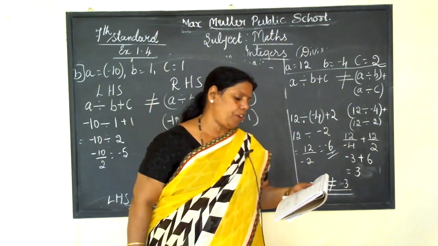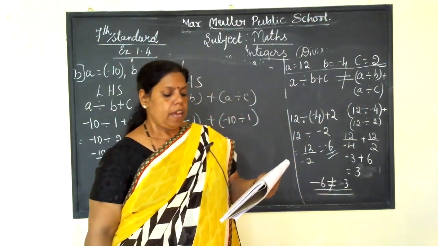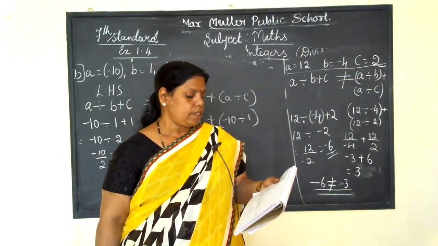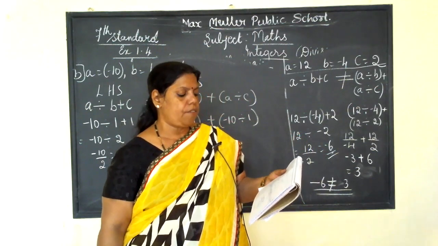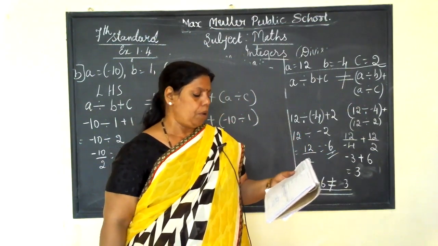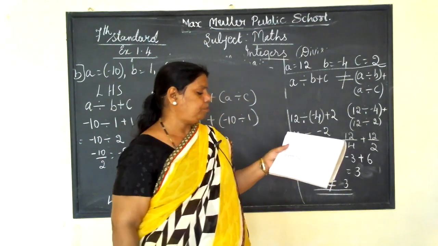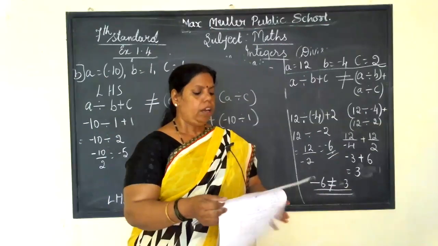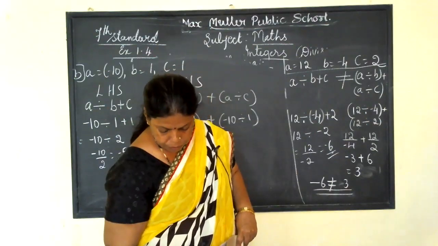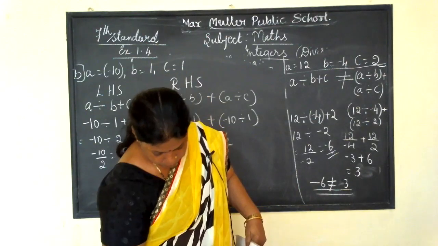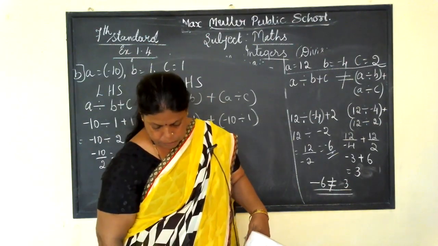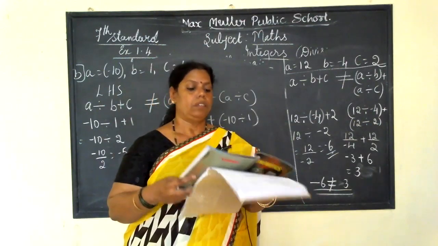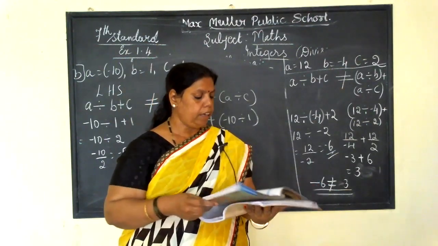Write 5 pairs of integers a, b, such that a divided by b is equal to minus 3. Such a pair is 6, minus 2, because 6 divided by minus 2 is equal to minus 3. So I have done here. Okay, you copy it, that's all. Now I am going to the 7th sum in your classwork. 7th sum. So we can wind up for that.